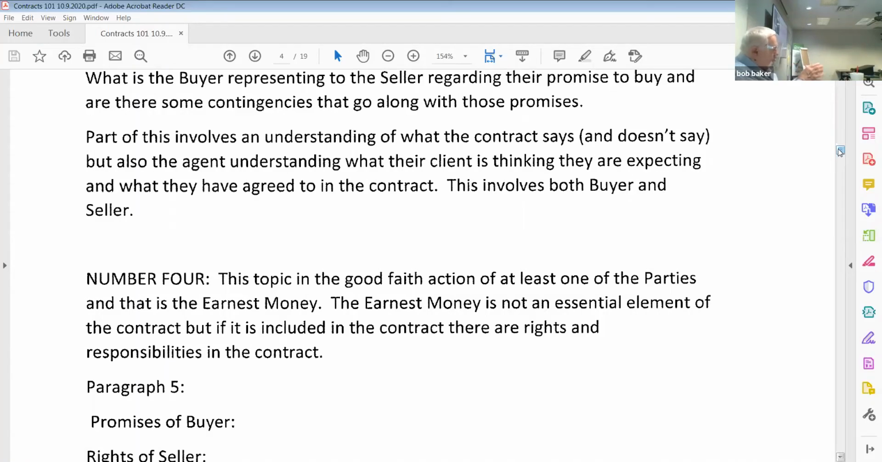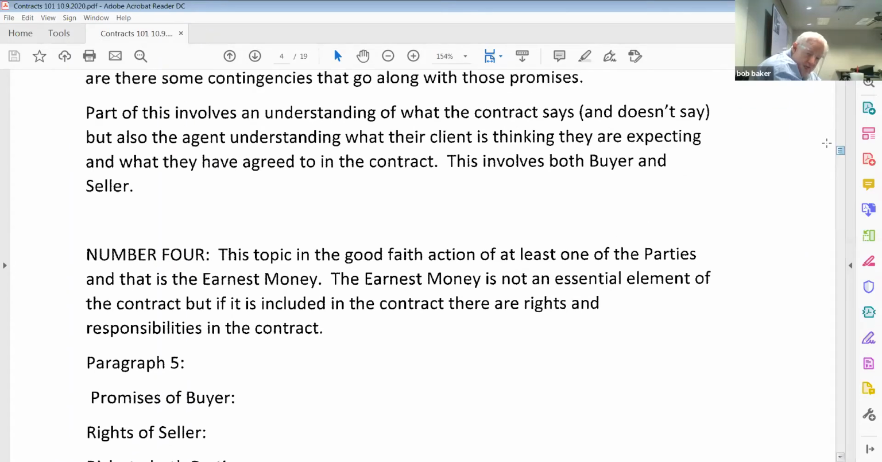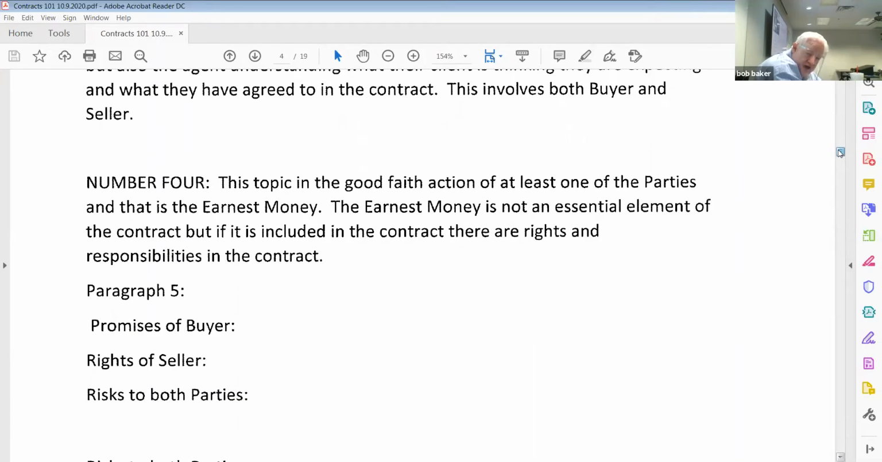Now, if they do agree on an earnest money in paragraph 5, and we're dealing with item number 4 here, and I've got in the handout there on page 4, that there are promises of the buyer and promises of the seller. And paragraph 5 sets that up. And there are risks to both parties. So the promise of the buyer, if they put a dollar amount in that first blank in paragraph 5, the promise of the buyer